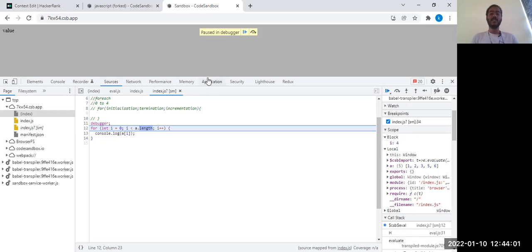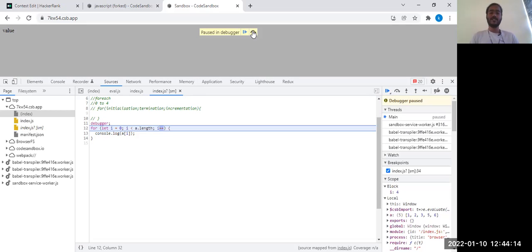So if you have noticed, now we have come to the index 4. After this it should not execute because your array has only 0, 1, 2, 3, 4 indexes. So now let me click on next. So it is printing a of 4, which is 6. So now let me click on the next icon. So if you notice, it is trying to increment.